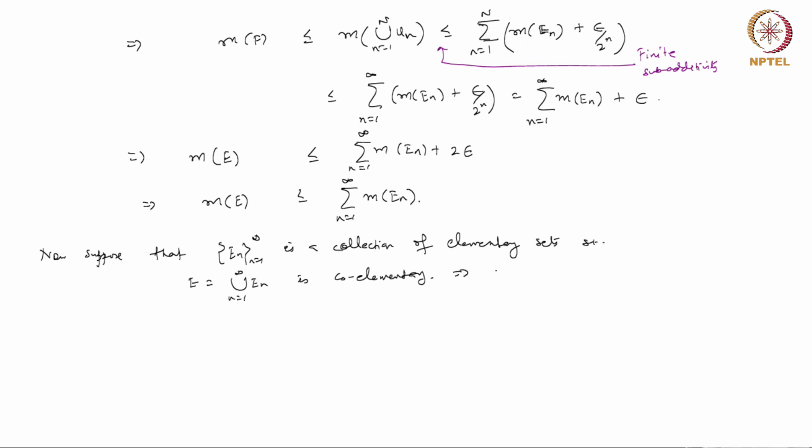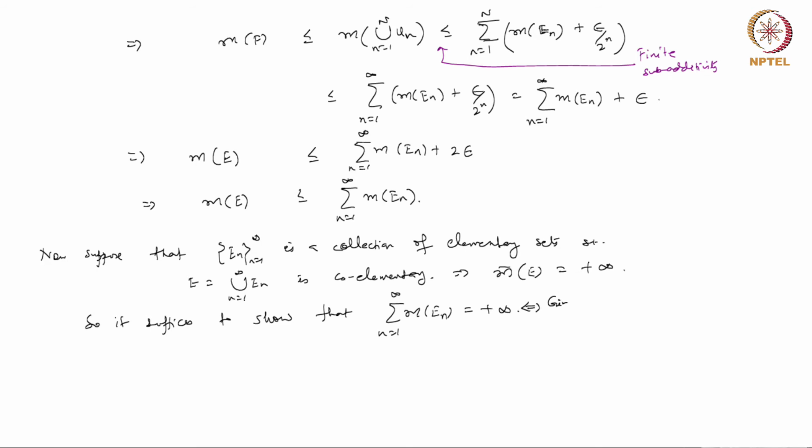So this means that the extended measure is plus infinity. So it suffices to show that the sum of m En, n equal to 1 to infinity, is also equal to plus infinity,